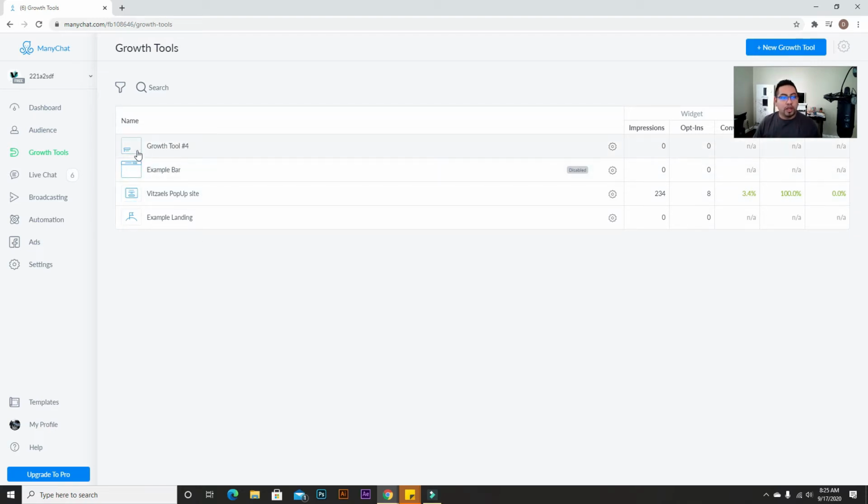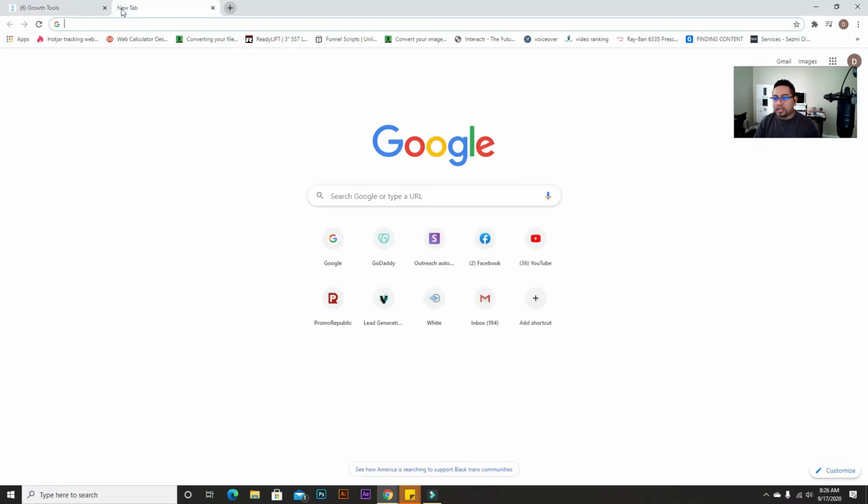So the first one you can see in the picture right here, it's kind of small, but it's pretty much like a button, right? Then you have the top bar, and then you have a pop-up, and then just a landing example. The one that I usually like to use is this one, because of what it does, it will appear. So I'm going to show you an example that I did